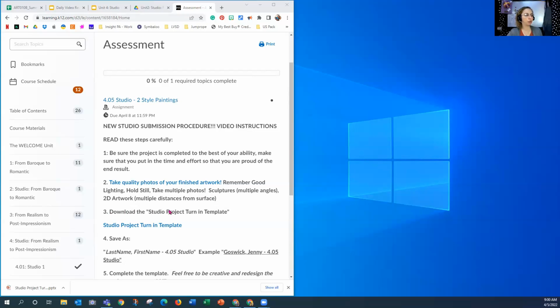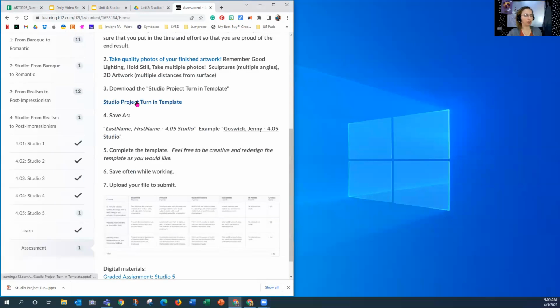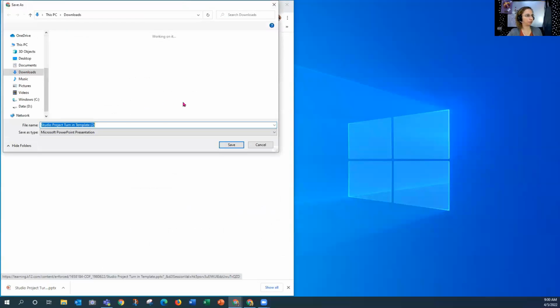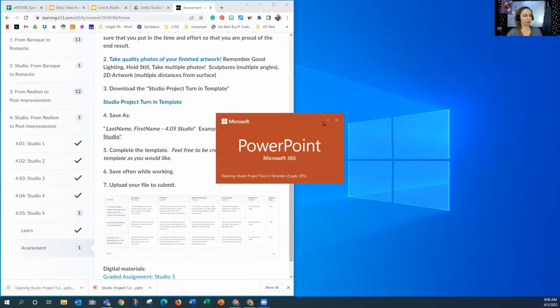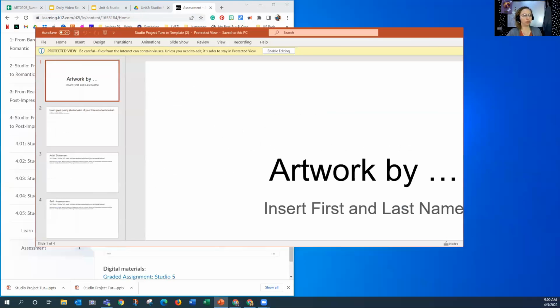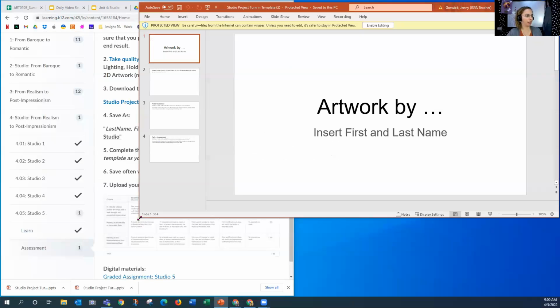So step 3 is to download the Studio Project template. So right here is this template. So I'll click on this and I will hit save. And that's going to download it to my downloads folder down here at the bottom of my screen. I can double click to open that up. Okay, now I'm going to shrink this down so we can do both things here at the same time